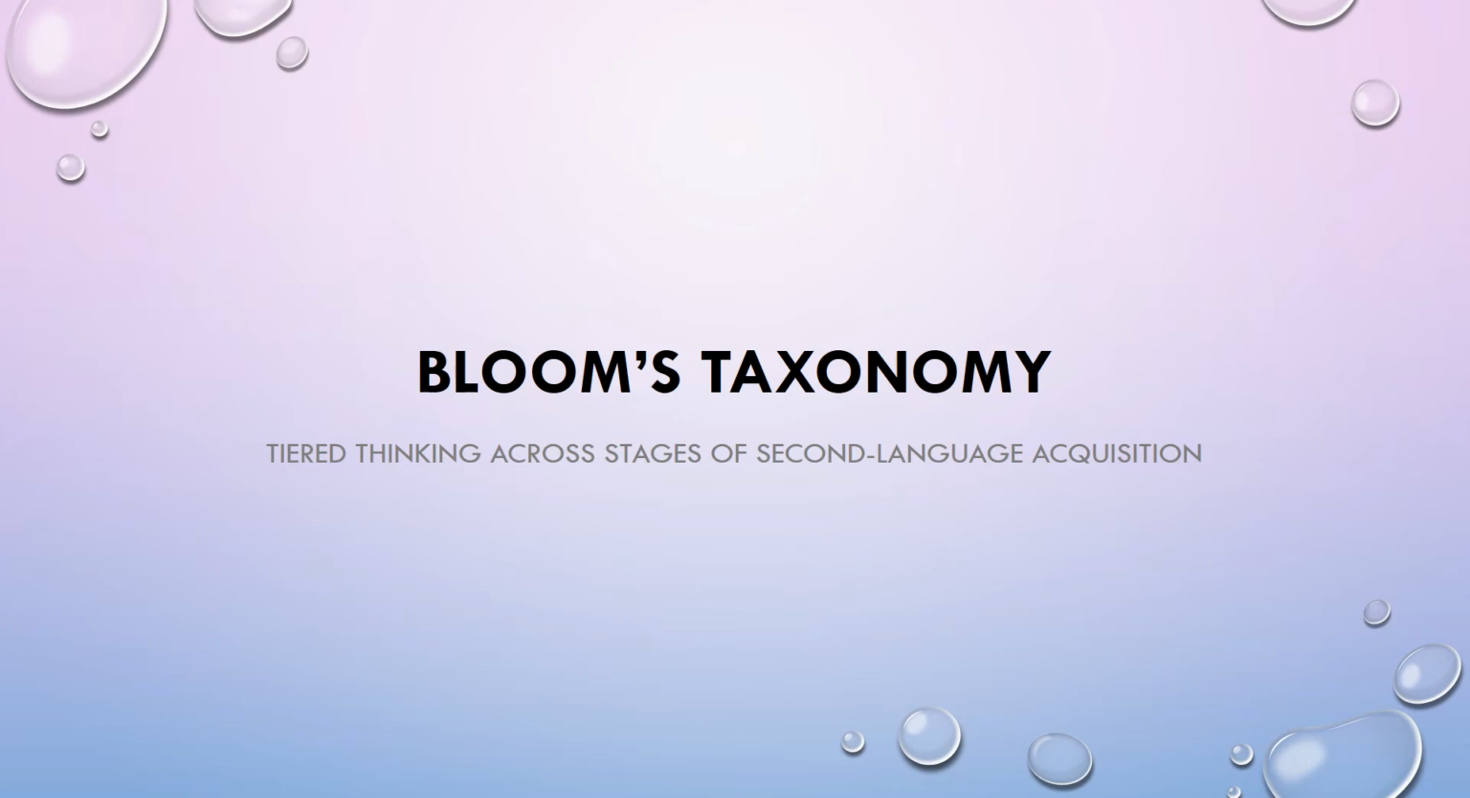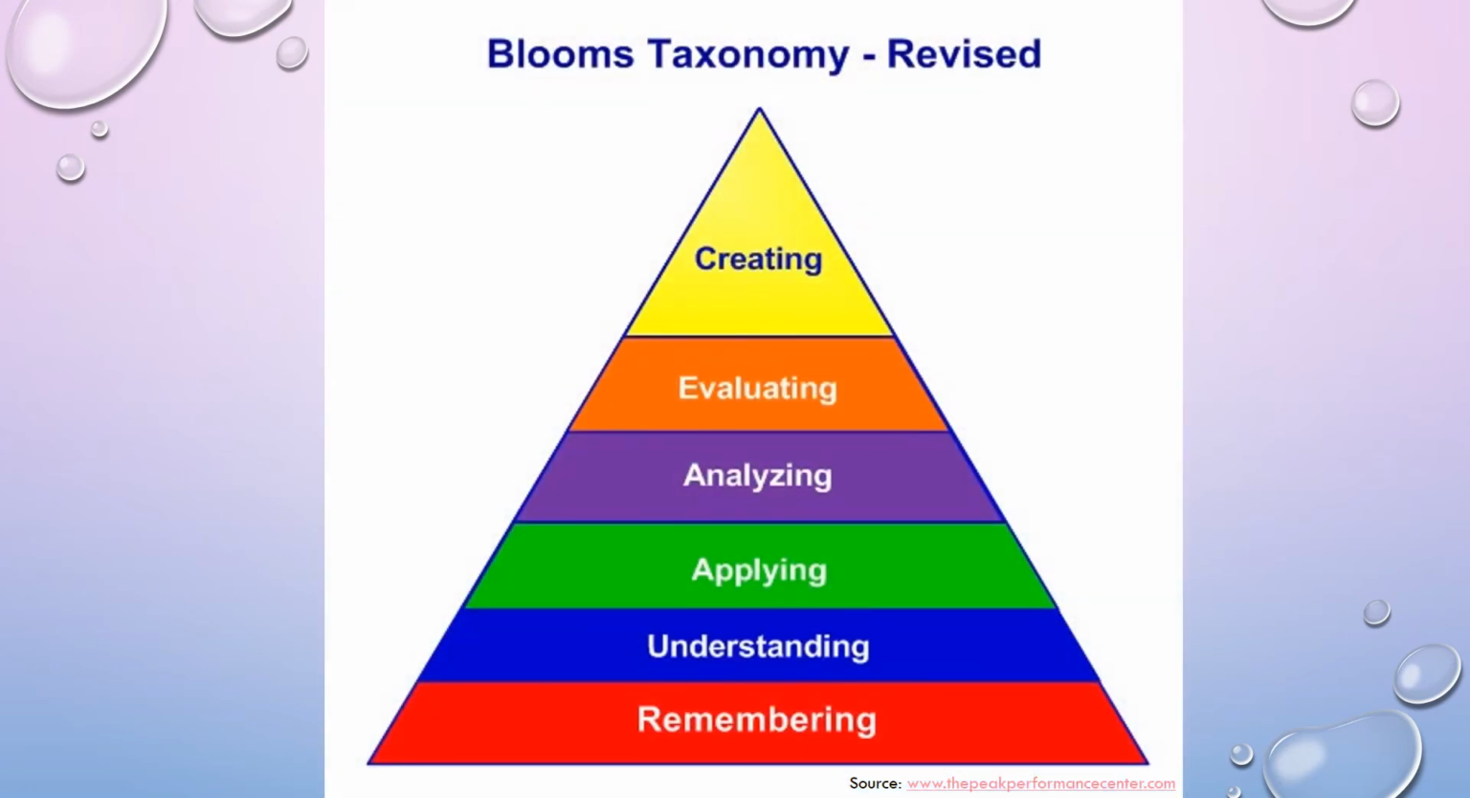Now let's look at tiered thinking across stages of second language acquisition and the relationship with Bloom's taxonomy. First, let's review the Bloom's taxonomy pyramid. There are 6 levels of cognitive learning according to the revised version of Bloom's taxonomy. These levels can be helpful in developing learning outcomes because certain verbs are particularly appropriate at each level and not